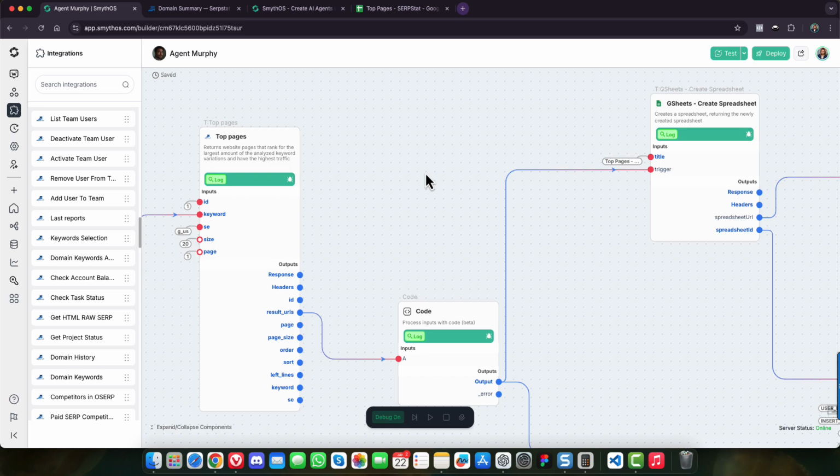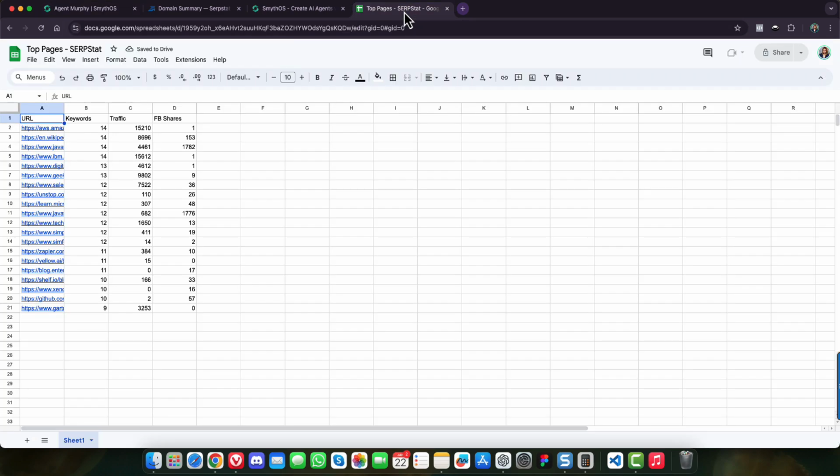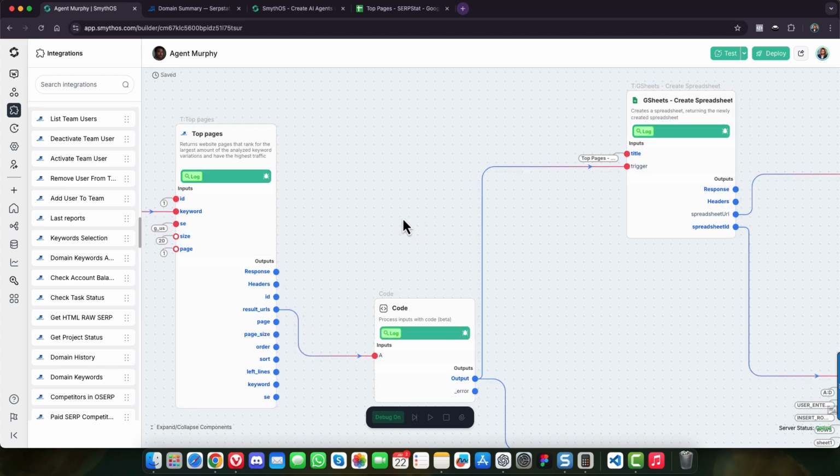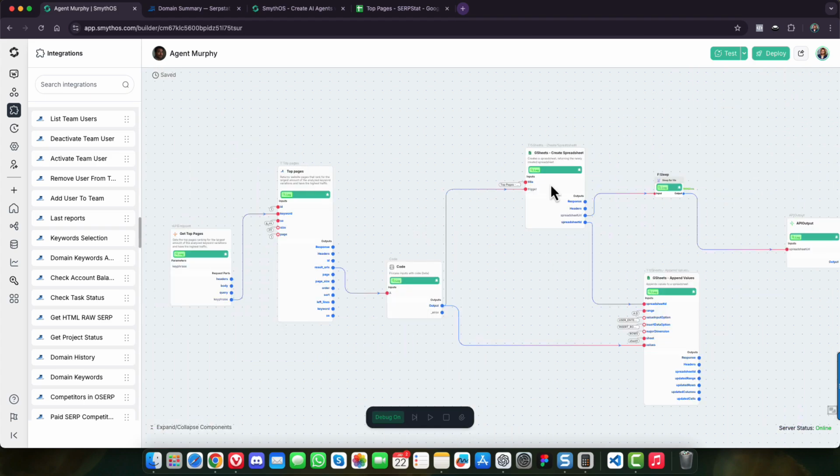All right, so now every time I'm gonna use Agent Murphy, it automatically imports all the information that I need, or the top pages that I need, into a Google Sheet file like this. All right, so let's do another example of how you can